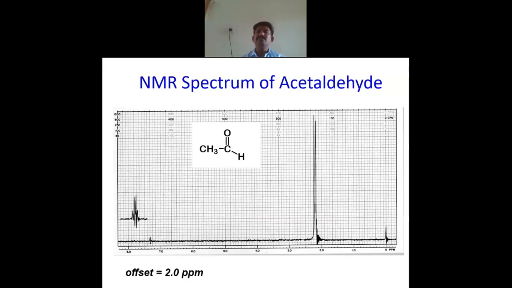So this is the NMR spectrum of acetaldehyde. I already explained this. Here CH3 and CHO are present. We know the CHO compound: this aldehyde proton will appear at 8. And this CH3 appears slowly moving downfield because an electronegative atom is also there. That is why it appears at 2. This is the red color. Okay.